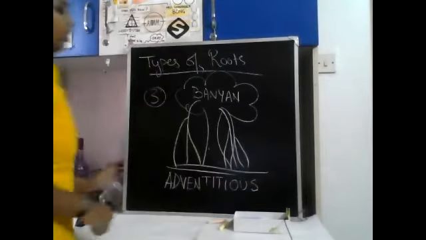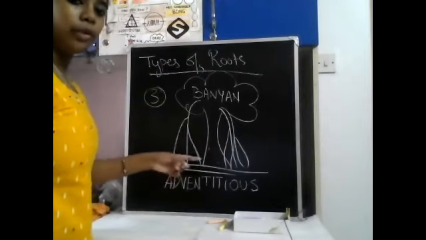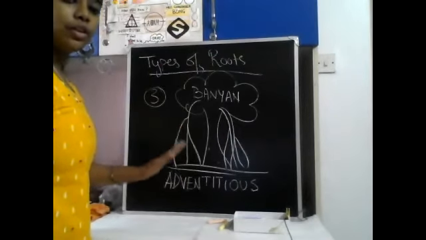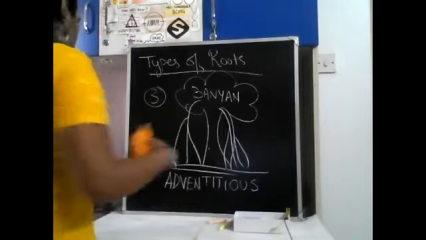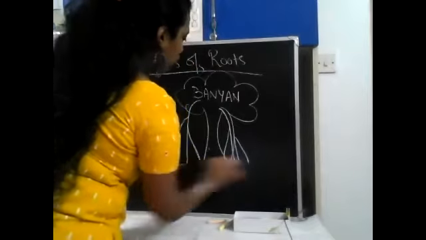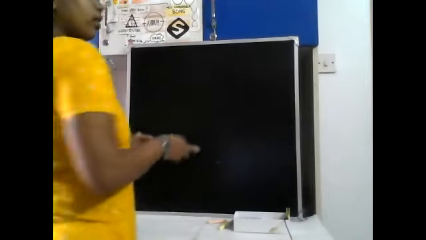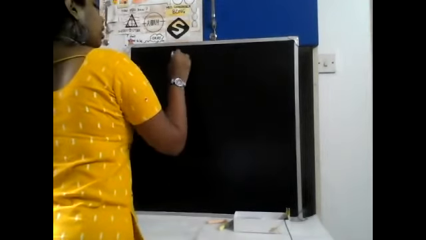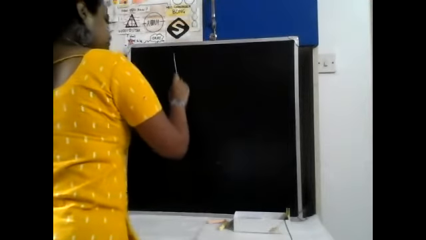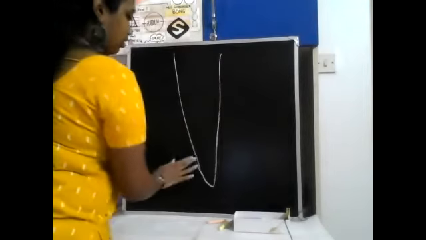Adventitious roots do not come from the radicle. By that I mean they do not come from the base of the tree or the plant. Okay, so they are not true roots as such, like fibrous root and taproot. So you can always go back and find more examples. So those are the kinds of root systems that we have. Now we'll look into different types of growth zones that we see in a root system.